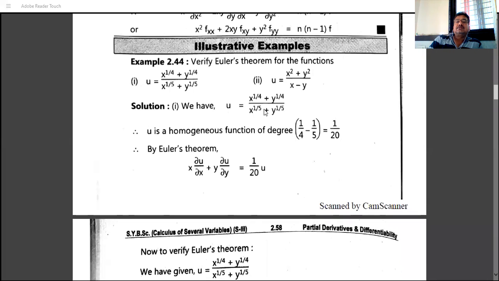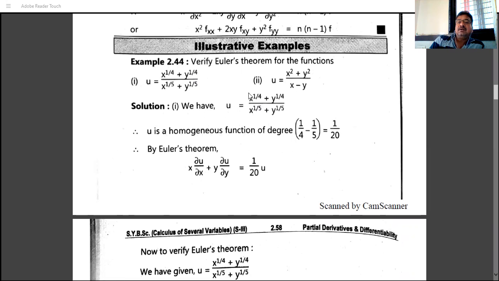Examples on Euler's theorem. Verify Euler's theorem for the function u is this function, and second example u is this function. Obviously, these functions are homogeneous functions, both u in the first example and in the second example. So observe the degree of this homogeneous function. So u is a homogeneous function of degree